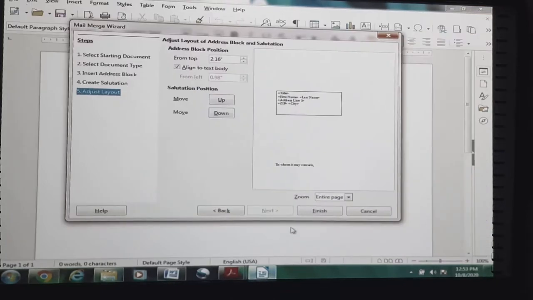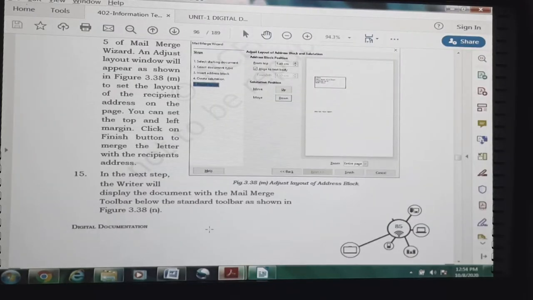So here, adjust layout, entire page, not needed, move up. Okay, this is done. Layout got adjusted.